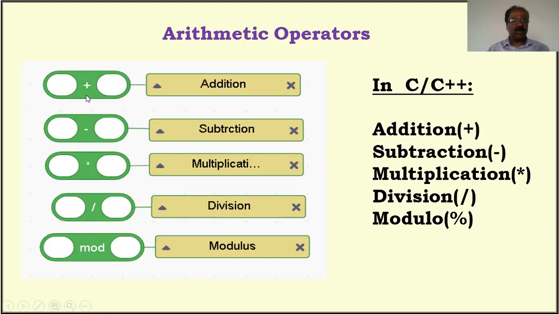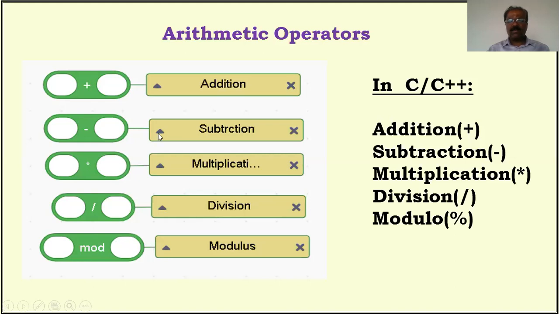Here these are the blocks. You have to put number one here and number two here. They may be variables, like num1 and num2, or they may be constants. Constant means I can put something like 25 or 47 here. These are for addition, subtraction, multiplication, division, and modulus. So what is the purpose of using modulus? To find the remainder. Plus is for addition, minus for subtraction, star for multiplication, slash for division, and this last operator is to find the remainder of two numbers.